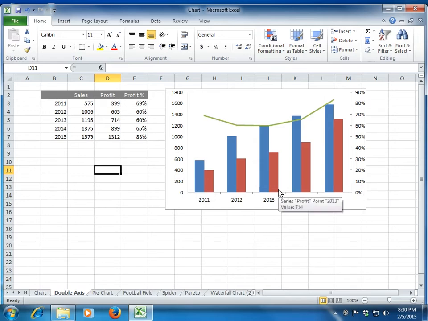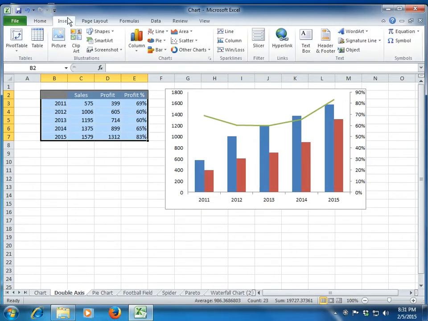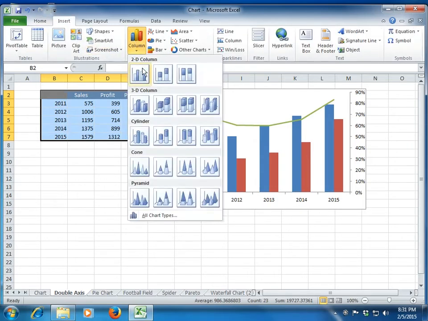I will not delve into formatting of charts any further because we have seen all sorts of formatting in the previous tab. So that's all the formatting available in Excel. If anything is required in particular, we will definitely discuss it. So let's see how we create a chart. You can see that I have removed the heading from the first column, so that once I populate this data into a chart, it always takes the first column as the x-axis. I go to insert, and I create a column chart.